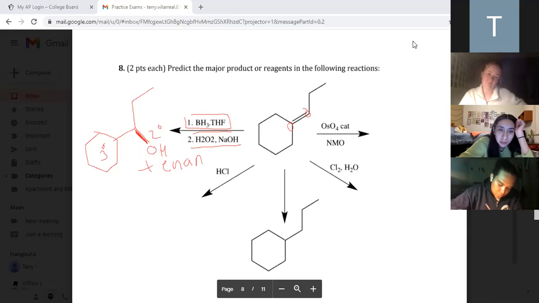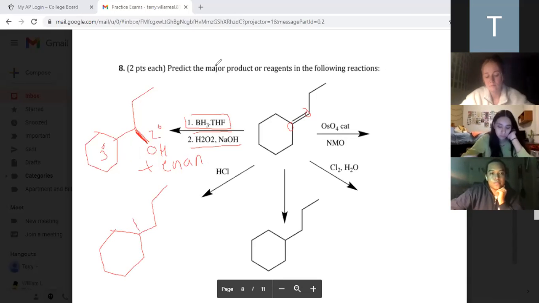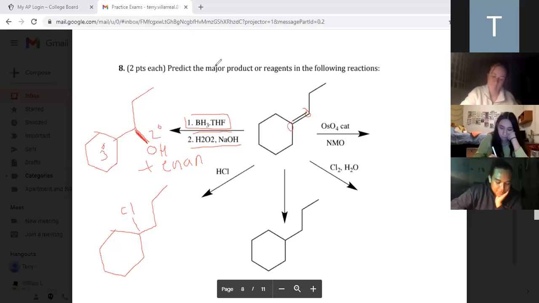Is it just going to attack? We're going to add the HCl across the double bond like we did in the last one. But the Cl, does it go to the more substituted or the less substituted? Substituted. It's going to go to the more, like that. So now the only thing is here, you don't need to do what? There's no enantiomer in this one because you make a carbocation. So when you make a carbocation, essentially every form of this molecule being made is there, so there's no stereospecificity.